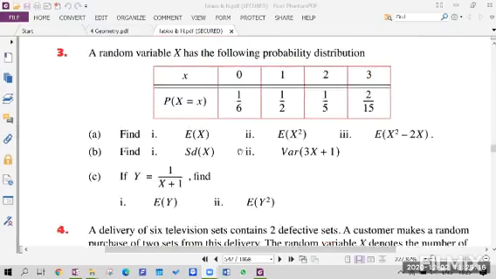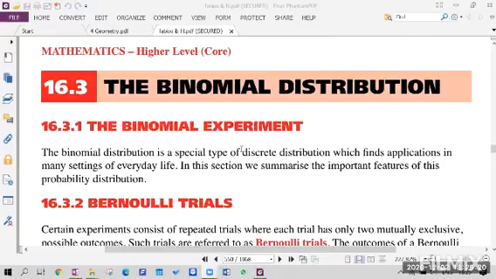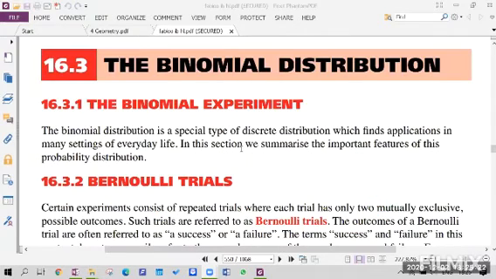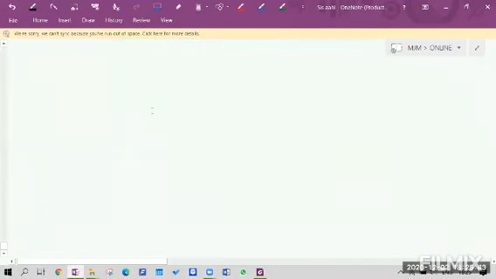So that completes your probability distribution, the first part of the chapter. Next comes binomial distribution. Have you done binomial distribution any time earlier? No. Okay. Now, how does binomial distribution work out? Let's understand this. I'll give you a very simple example. Try understanding it with the help of the example, and things would just be sorted out.